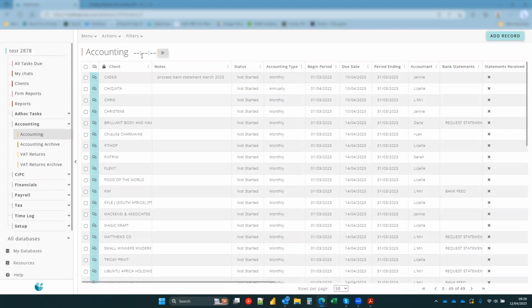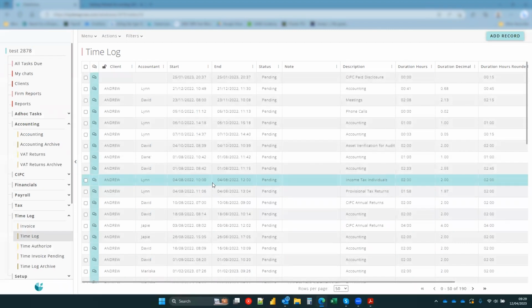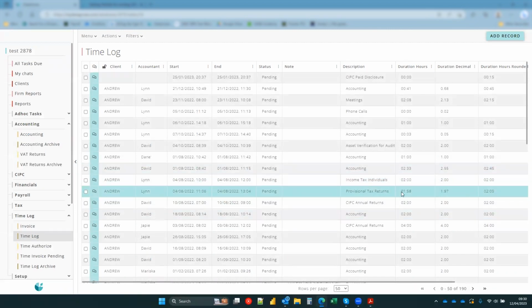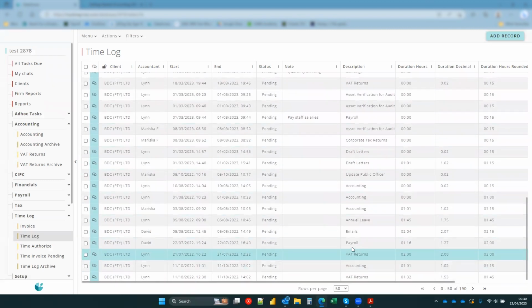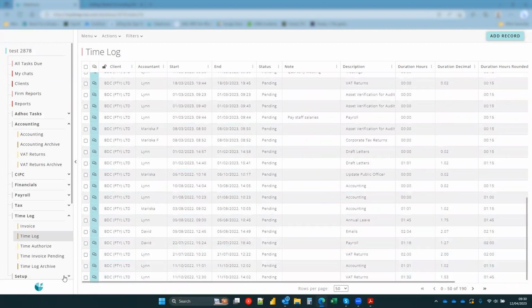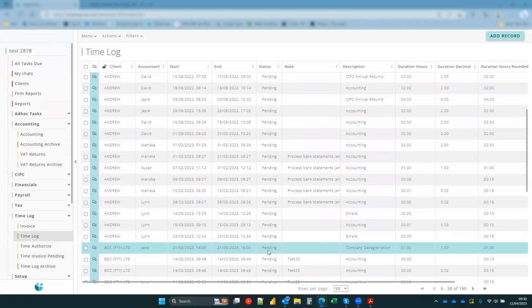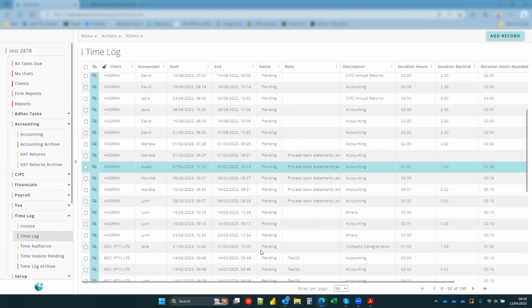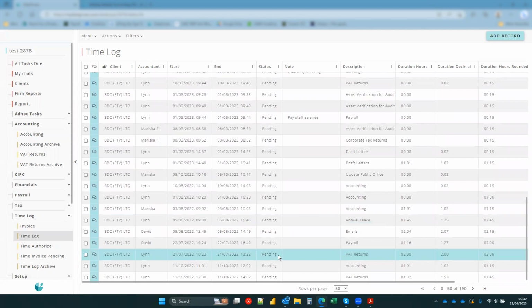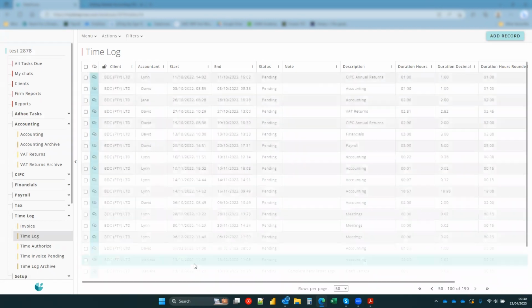Because the timer will not stop, you do need to remember to press stop. If, for example, you forget to push stop and 10 hours later the timer is still going, you can come to the time log table and correct any record that you might need to. So it is a very user-friendly and quick way to keep track of time, and you do have the flexibility